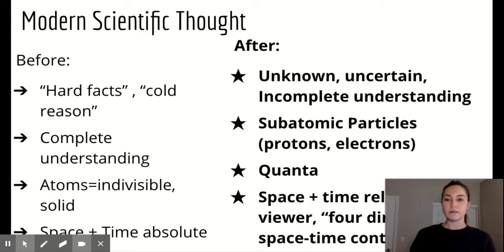So I want to start by talking about modern scientific thought. We have to position ourselves in thinking, what did Europeans know up until this point, and why would something changing that shake them up? So many Europeans throughout the 18th and into the 19th century believed in the ideas that had been brought forth by the scientific revolution and by the Enlightenment. Everything in the world around them seemed to prove that human understanding and scientific understanding was at its peak. I mean, in the late 1800s, you've got cars, you've got industrialization, you've got electricity, you've got the beginning of a really modern world.